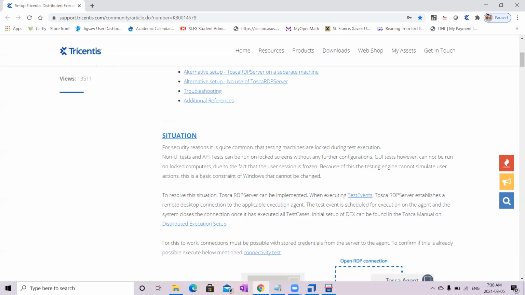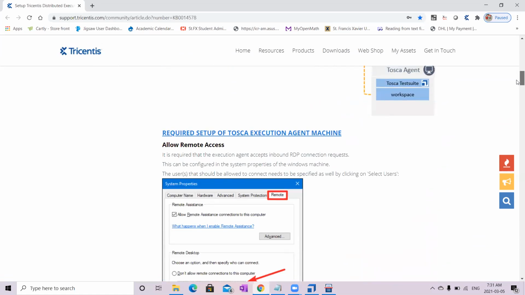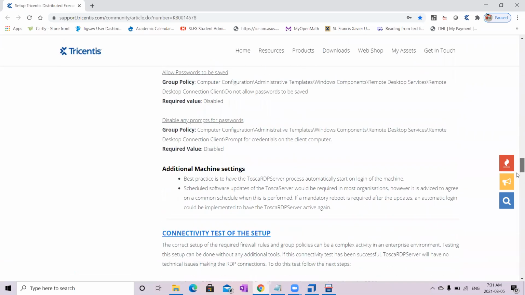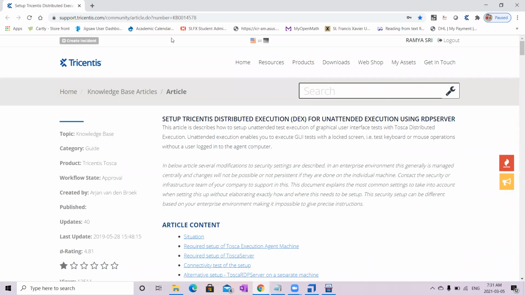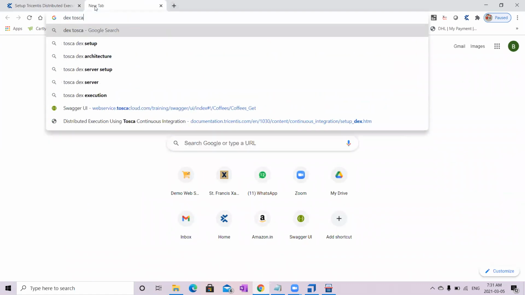But if you want to achieve this unattended mode, that means there should not be any control from your side. Okay. So for this, they use this distributed execution, and also the CI/CD pipelines concepts come up over there. Okay. In order to implement this unattended execution, we can do it using the distributed execution server. Okay, so for this distributed execution server, all that you have to do is there are two things actually. One is Tosca agent configuration and another one is through Tosca server configurations. Okay,